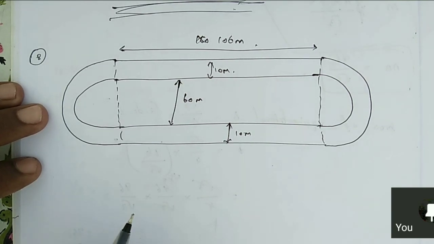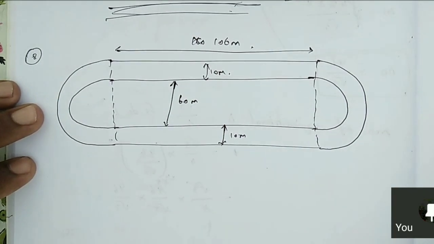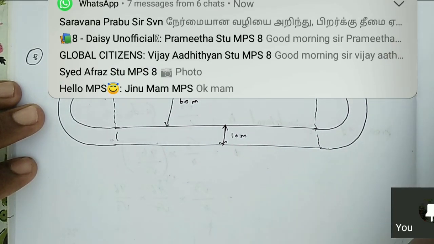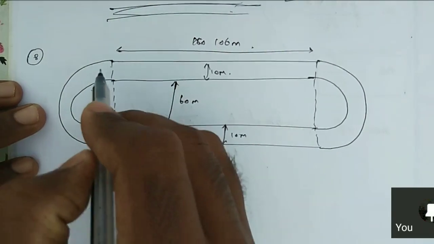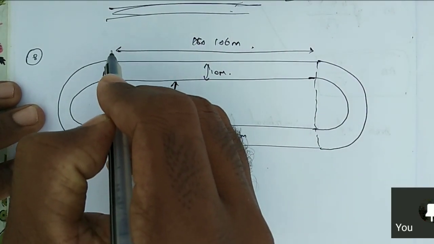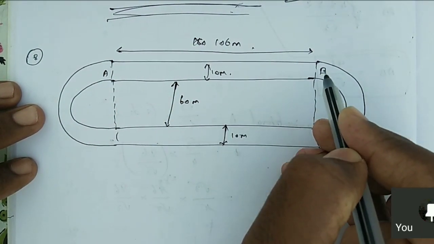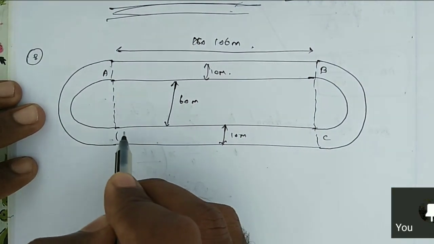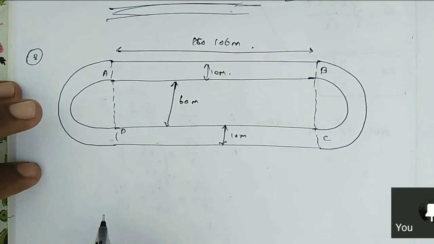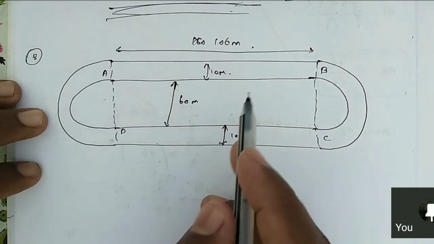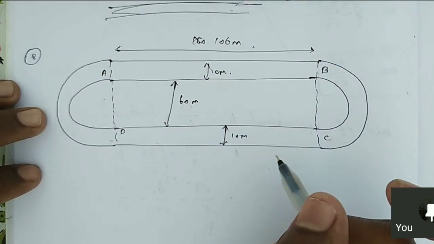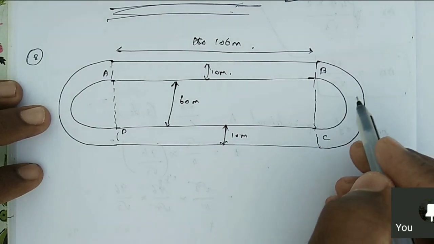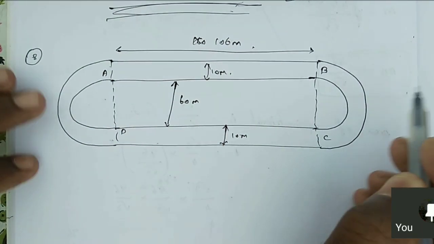Now we can give names for the track. You can give the name. So A, B, C, D for the inner track. Next, the outer track, you can name E, G, H, L. Okay, the edges will be the distance. That is enough, right?